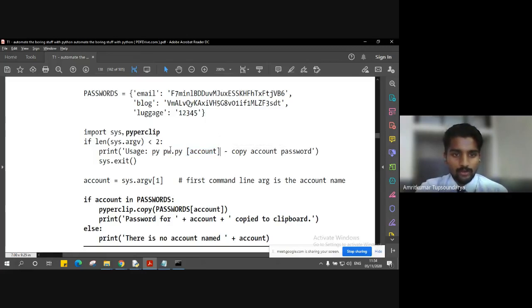If any argument is missing and only one argument is passed, this condition will not get satisfied and the program will not execute, because the number of arguments is less than required. First one being the name of the file, and second one being the name of the account itself.